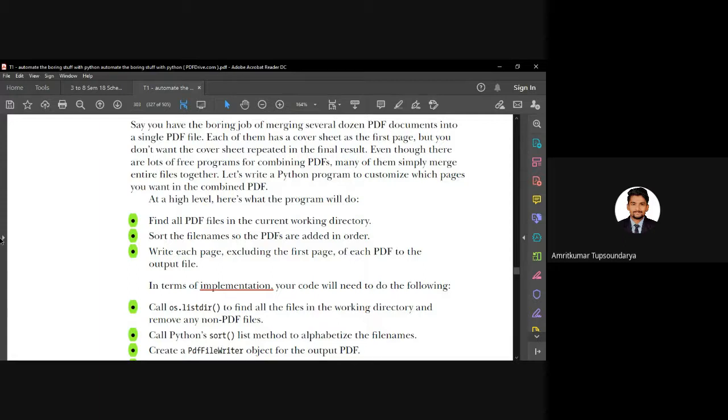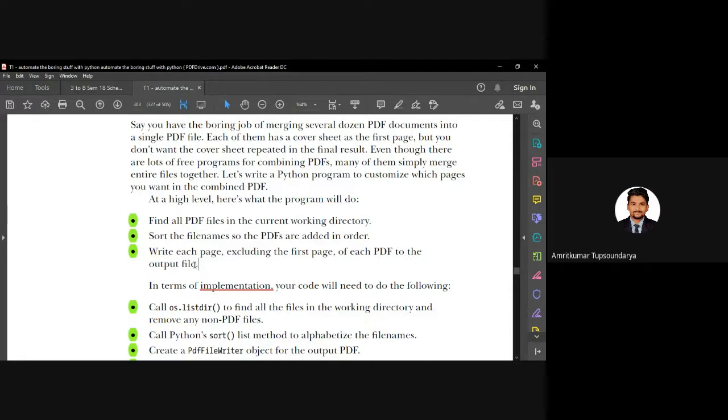Now, once we have all these sorted PDFs, we are going to write each page, excluding the first page, of each PDF to the output file. So let's say we don't want the first page. Excluding the first page, we write each page of each PDF to the output file, which is our brand new file.